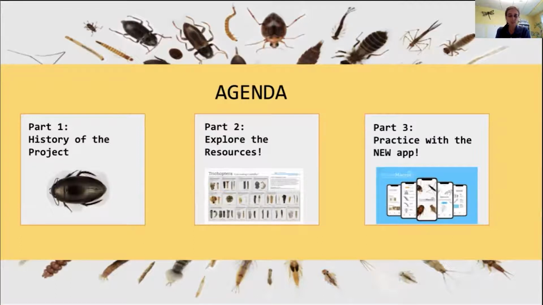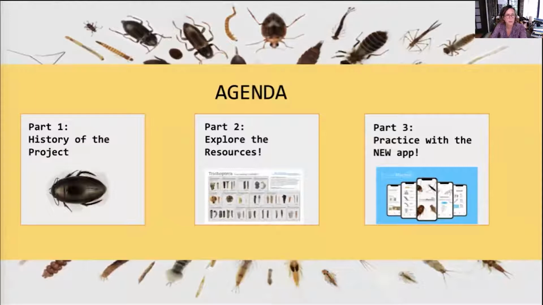So this is our agenda. Marti and I are going to bounce back and forth, and we're going to have a portion where we'll pause and have you go into some activities. But first, Marti's going to present on the history of this project, the website Macroinvertebrates.org, research findings, and more. Then I'll share all the amazing tools that we have developed to help you learn to see and see to learn. In the last portion of our presentation, we're going to practice with one of the new tools that just came out this summer, our new free mobile app. So go ahead, Marti, take it away.